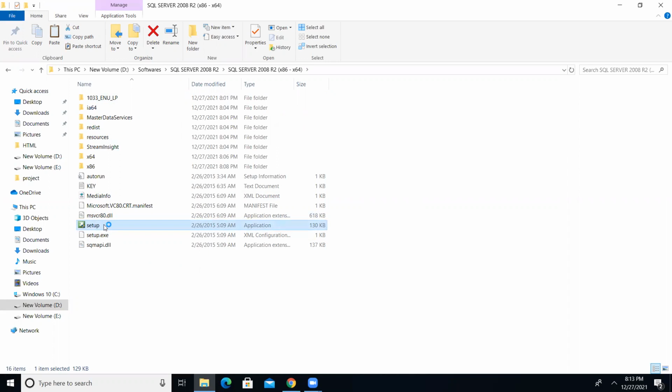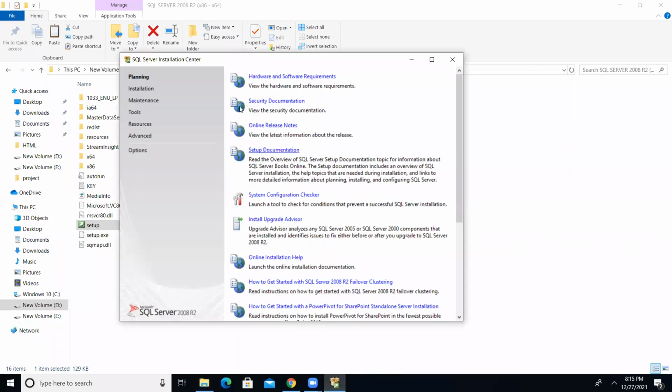Now give the permission. When you double click this setup icon, you will get the SQL Server Installation Center.